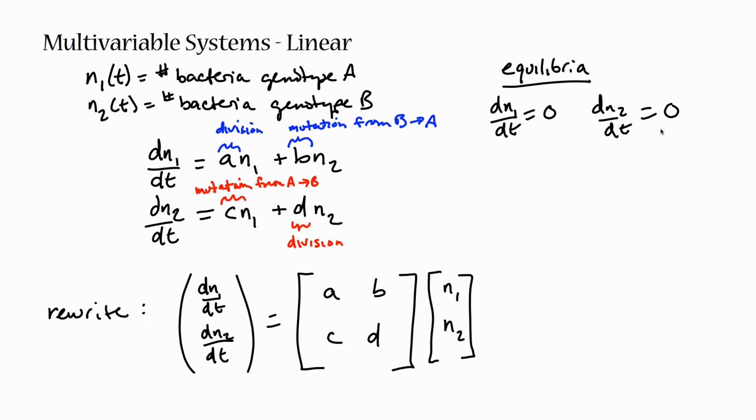So to find points where those are both 0, first we find the condition for N1 being 0, which is that aN1 plus bN2 is equal to 0, which means that N2 is going to be equal to minus a over b times N1,